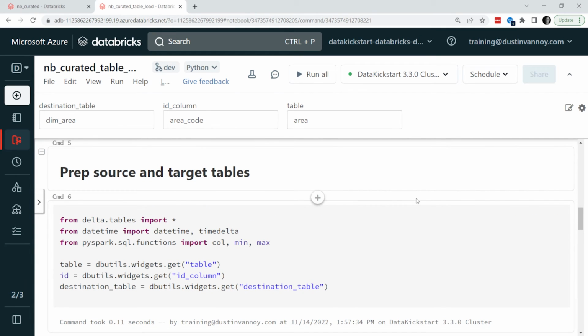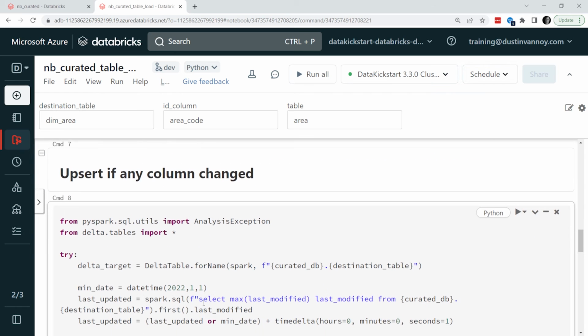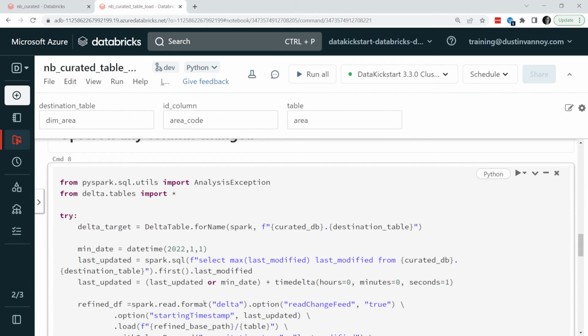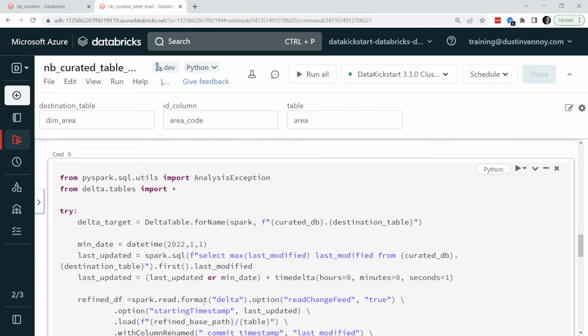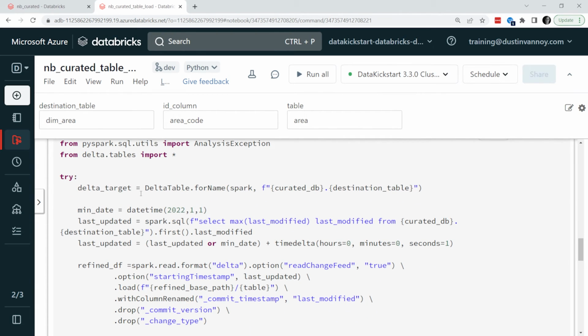Okay, so to prepare the tables, we're basically just grabbing the argument values and importing what we need. Then we're going to upsert any columns that have changed. And so the way we do this is we set up our Delta table for the curated database destination table. We're going to check our last modified